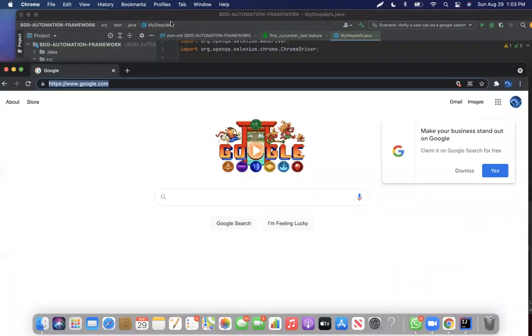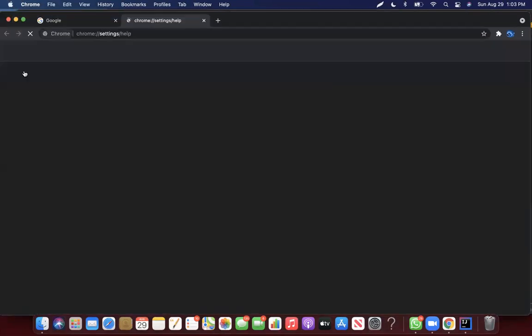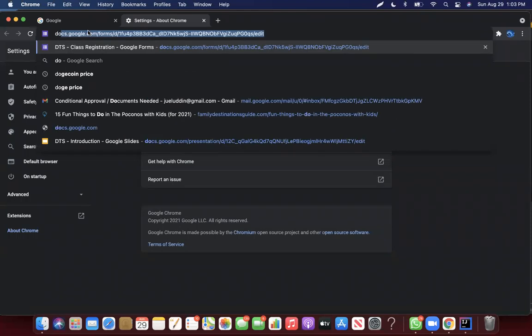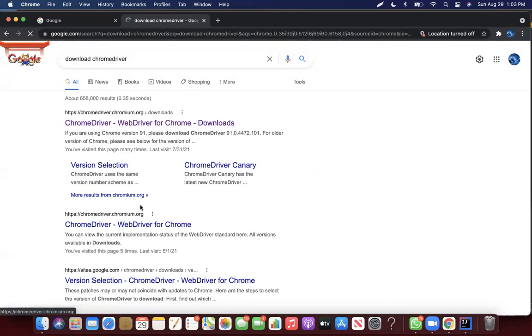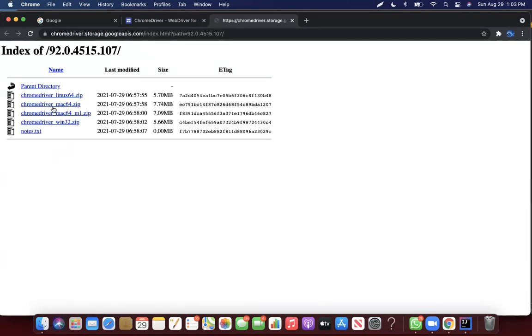I just need to look at my Chrome version. I already know what the version is, but it's good to check, because otherwise you can end up spending 5 extra minutes for no reason. So you've got 92.0. Now you download Chrome driver. So now we know it's 92.0 and this is 92.0, and go into that. For Windows users, you only have 1 version, so you can just download that. Mac, this is